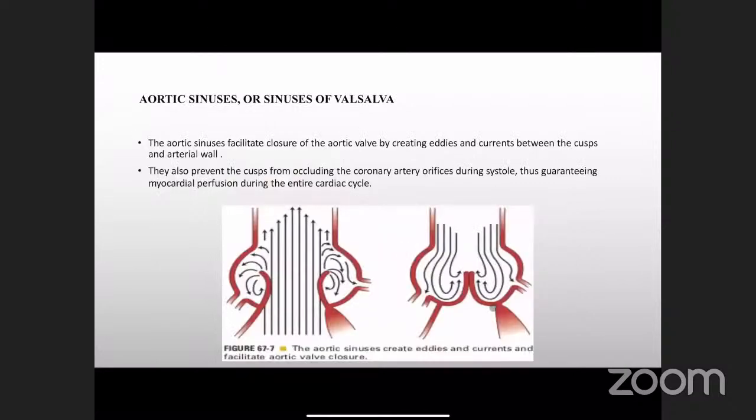The aortic sinuses facilitate closure of the aortic valve by creating eddies and currents between the cusp and arterial wall. They also prevent the cusp from occluding the coronary artery orifices during systole, thus guaranteeing myocardial perfusion during the entire